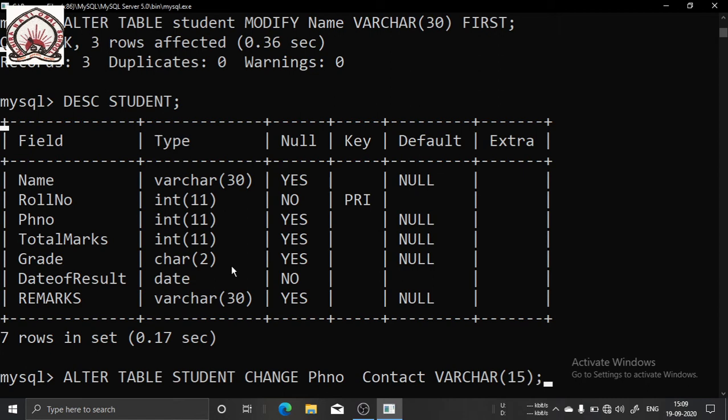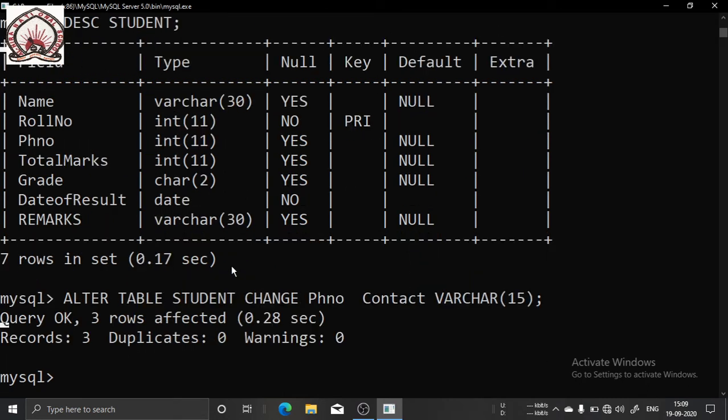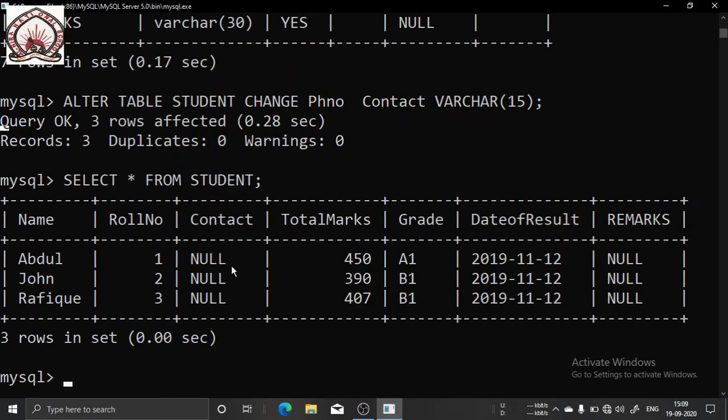So if I take DESC, or you can also use select star from student, when I give this command you can see my column name changed. Earlier it was PHNO, now it has become contact.